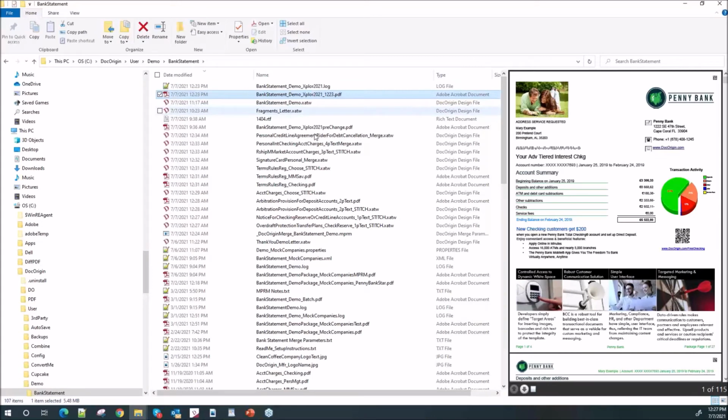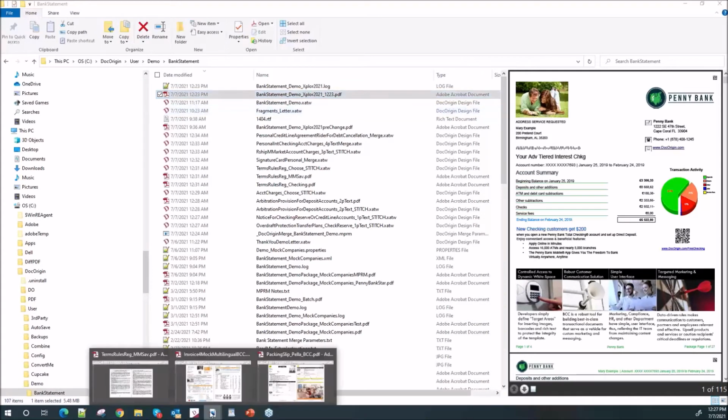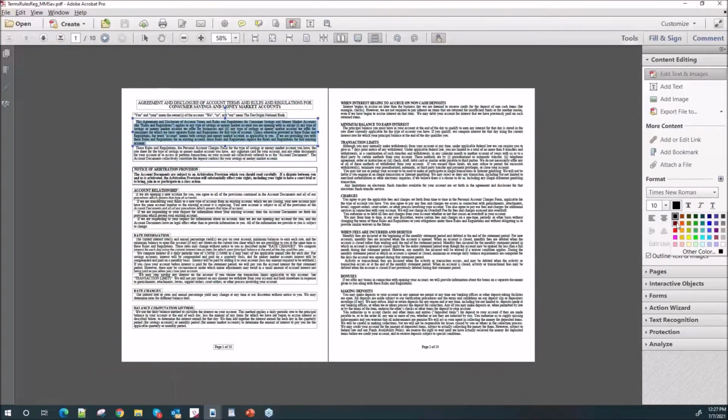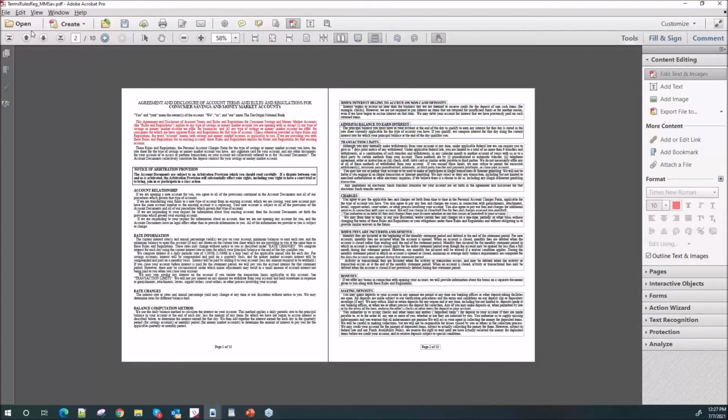So I'm going to go into tools. I'm just going to make it red just so we can all see that it's changed. So of course, that's not going to be a typical change you'll see in a document, but it's just an example to say that now we've received a new document from your compliance department and it's changed in some way. So all we really need to do is make the change and save it, right? And then I'm going to reduce this down.